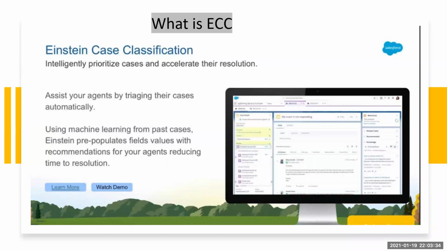It recommends, selects or saves field values on new cases based on the historical data. If I want to recommend values for a particular case where our record type is this, I want to recommend only for that kind of case. In that case, it will check all the cases which have been closed for that record type, read the data, and then predict the values based on that.